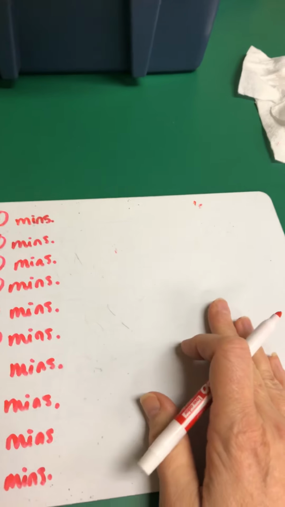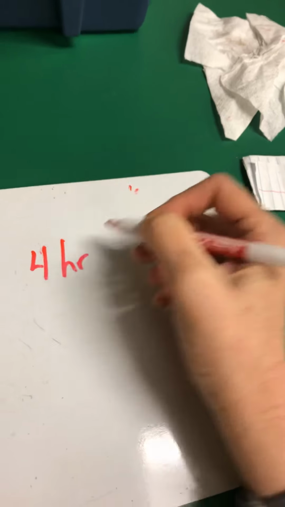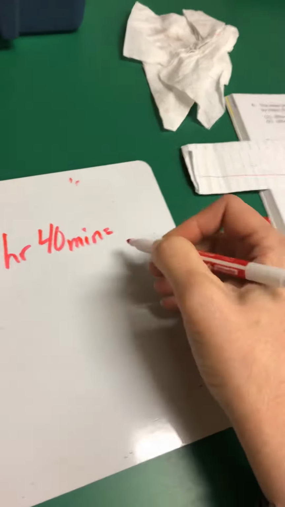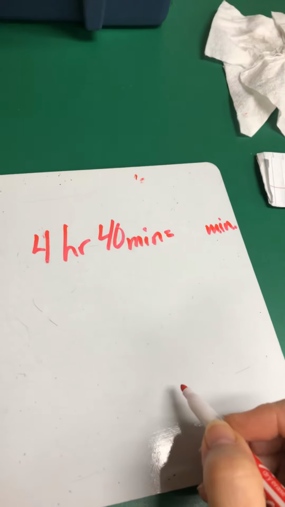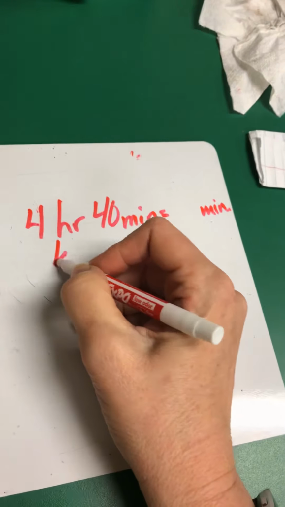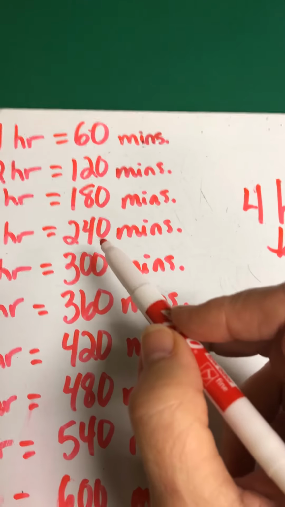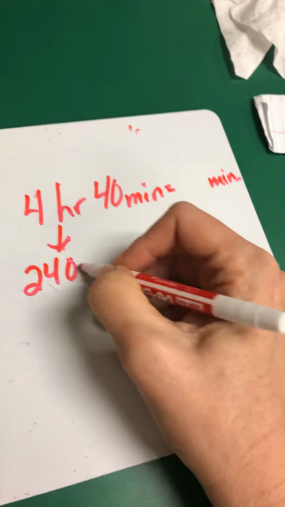And we're going to say, if I have 4 hours and 40 minutes, how many minutes would that equal? Well, first I've got to convert my 4 hours. Well, let's look over here. 4 hours equals 240 minutes. So I have 240 minutes